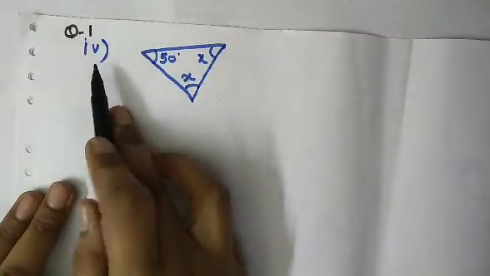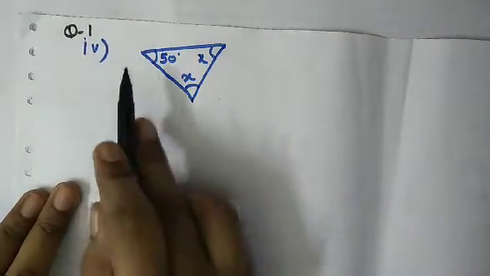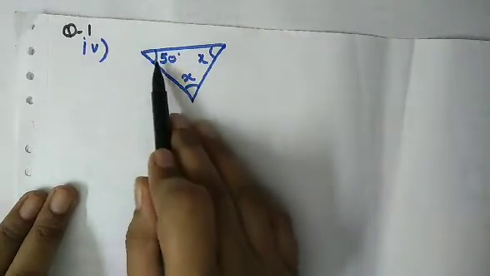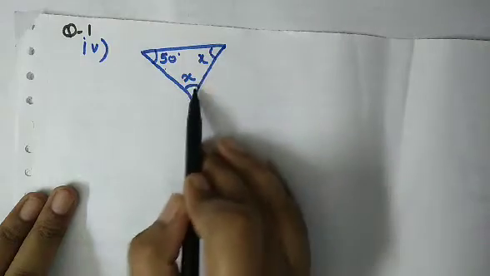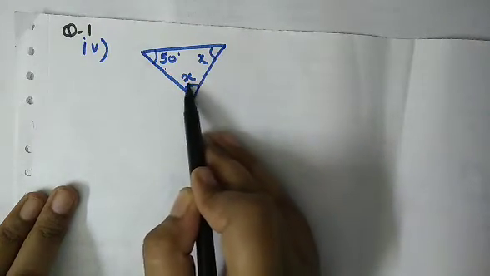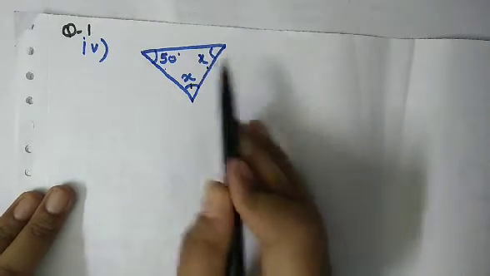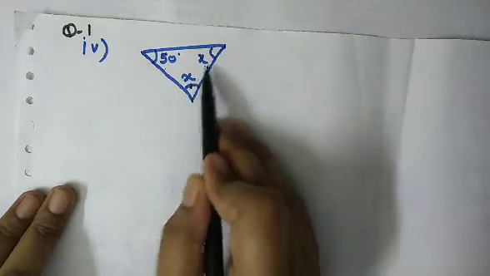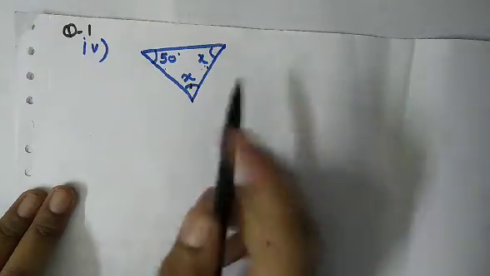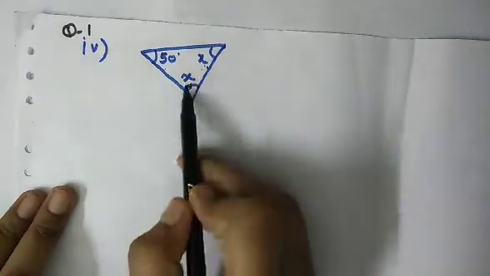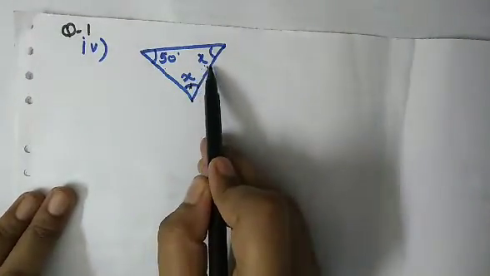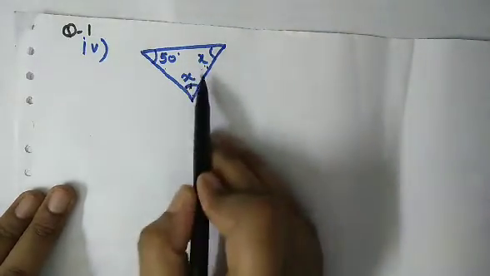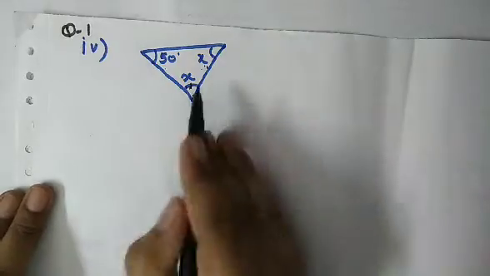Now the next part I am taking is part 4 of the same question, that is question number 1. We have been given this triangle, the naming is not given. One of the angles is 50 degrees and these two angles are x. As this is also x, this is also x, it means they both are equal. If the representation is by the same alphabet, or you can say the same variable, then we can say that the angles are equal. And we have to find the value of the unknown angle, that is x.